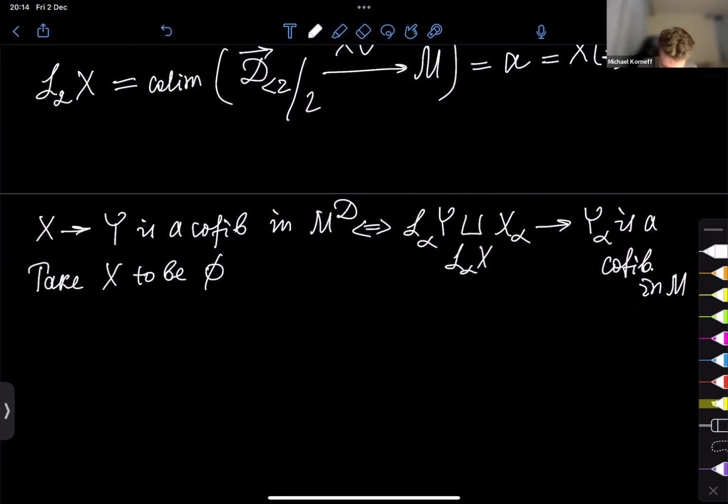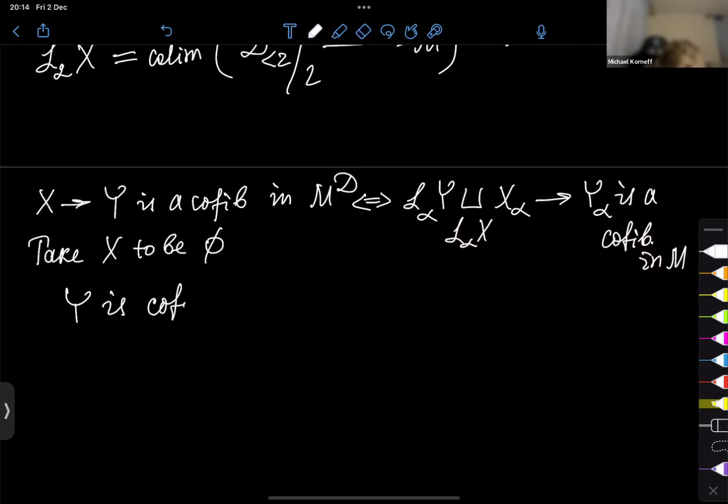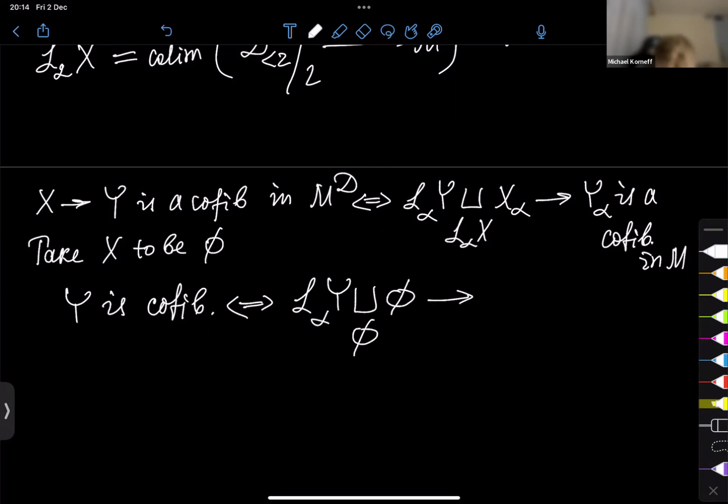So in this case, we will obtain that the object Y is cofibrant if and only if the following relative matching map is a cofibration, or we can replace, of course, this term by just the latching object of Y in alpha,